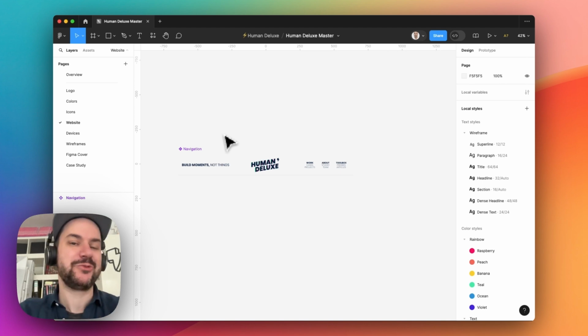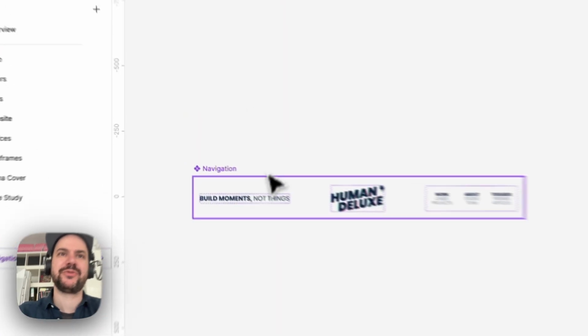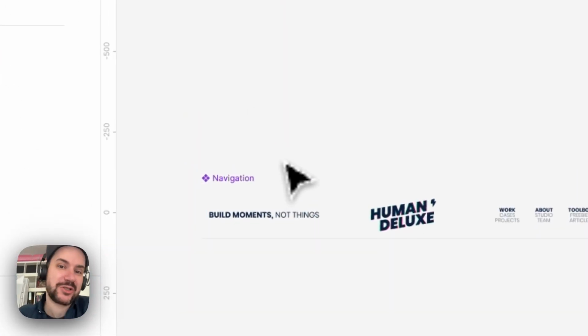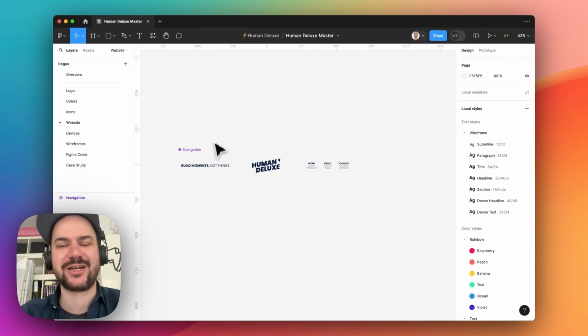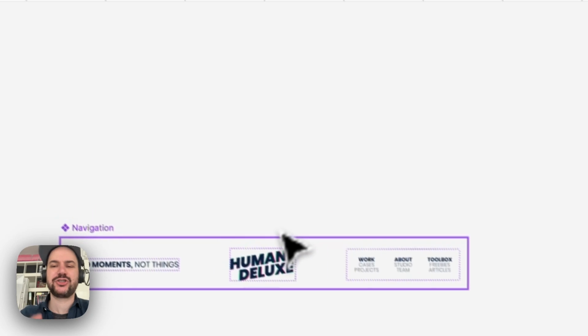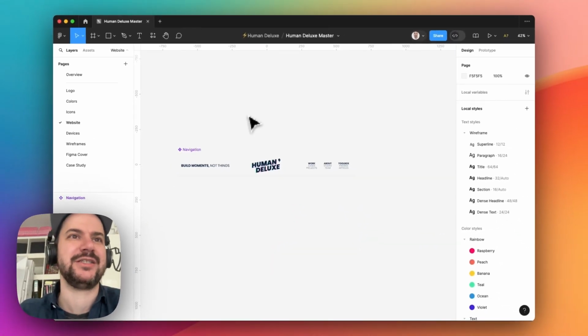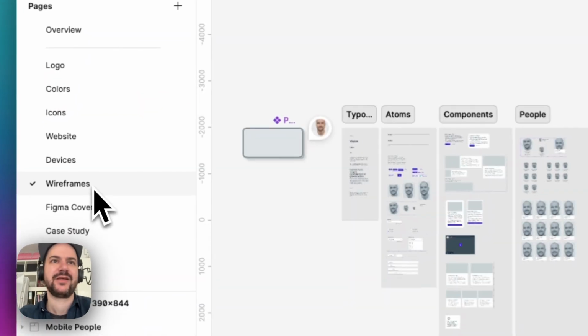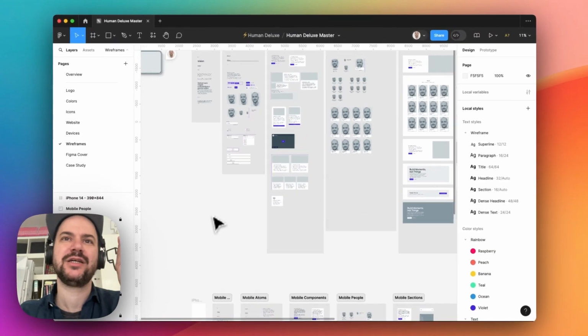At the moment, we are redesigning our website, which means these components here will be obsolete. Most of them are removed already. And the last one, the navigation, will also be obsolete. So if you want to see what the new website looks like, just head to humandeluxe.com and check it out and see how it's different. In the future, we will add the components back here and have it all ready to be used for new website designs. We do have a bit more here in the wireframe section though,